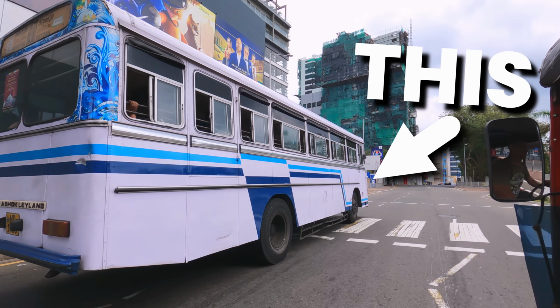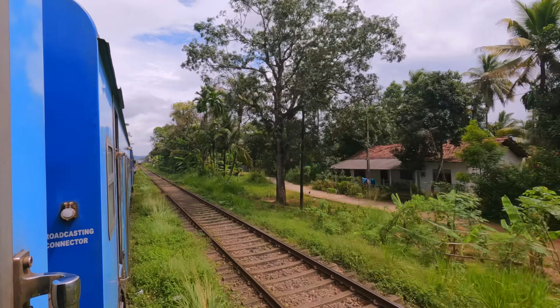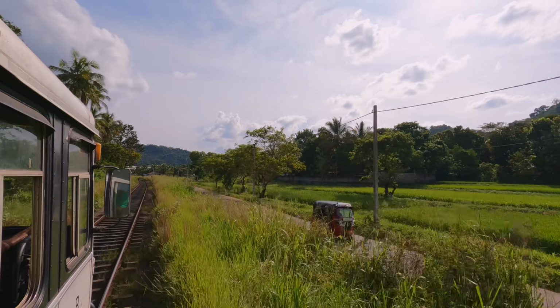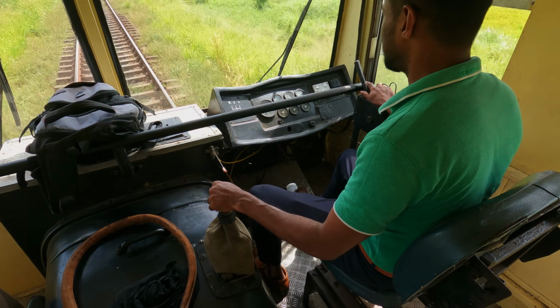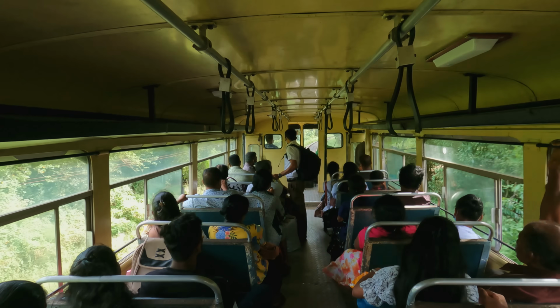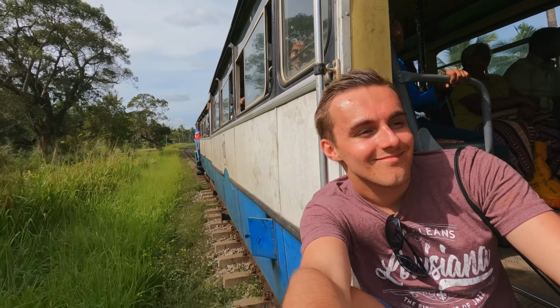What if this was actually a train? Well, today I travelled for hours across Sri Lanka's countryside with the sole mission of finding out. Introducing the Ashok Leyland Railbus, the region's quirky answer to running rural railways. I'll be riding this rickety machine on a 2-hour journey, which turns out to be one of the strangest rides